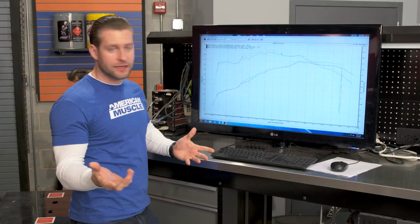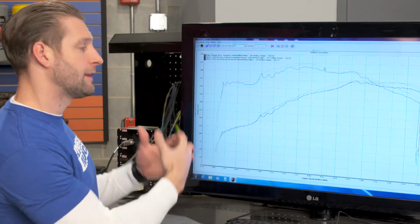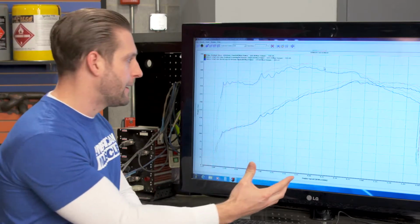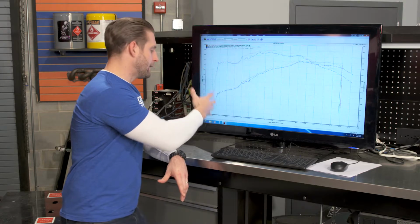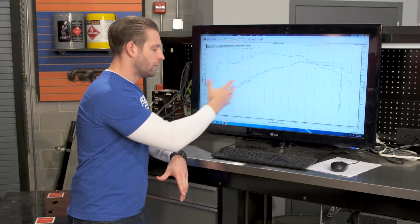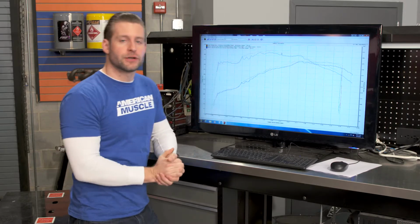with basically a factory truck. However, with our 91 octane race tune installed or uploaded, the truck definitely did a lot better throughout the entire RPM range, especially down low here. We picked up a good amount of torque in your big operating RPM range, basically 2,000 to 4,000, 5,000 RPM. The truck is definitely a lot torquier, and that's what you want when you're driving one of these rigs around